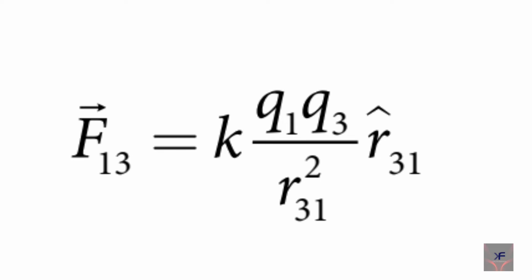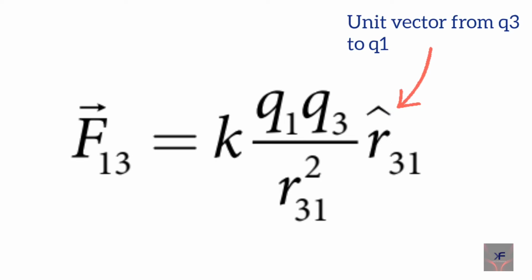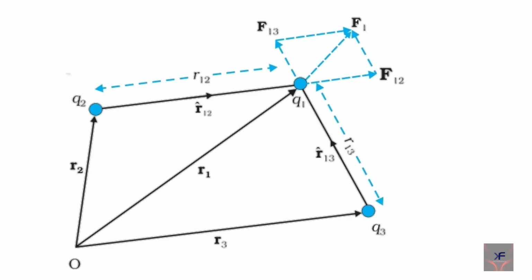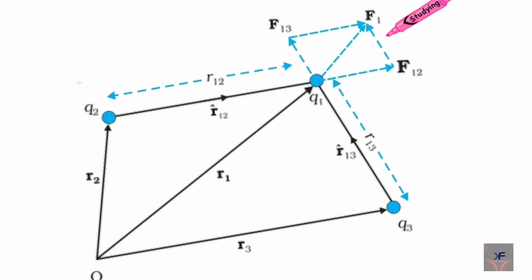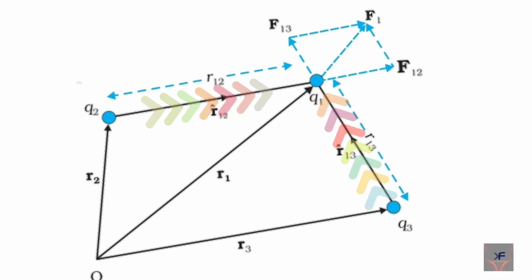Now the force on q1 exerted by the charge q3 is as shown, where r3,1 vector is the unit vector from q3 to q1 along the line joining the two charges, and r3,1 is the distance between the charges q1 and q3. Thus the total force F1 on q1 due to the two charges q2 and q3 is